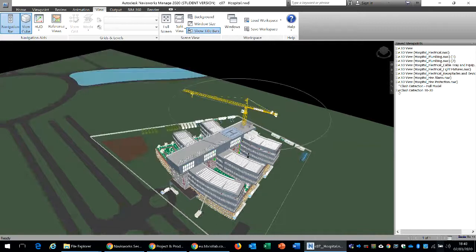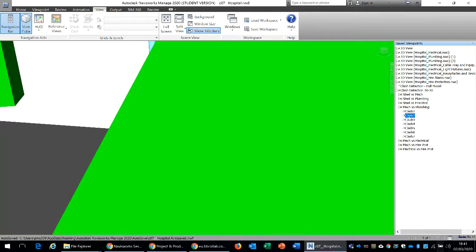So here, for instance, we have run the clash detection, and the output of the clash detection is stored in this folder. And here, let's take an example of mechanical versus plumbing. If we preview the clash tests that have been saved for further discussion in a meeting with mechanical versus plumbing contractors, so different